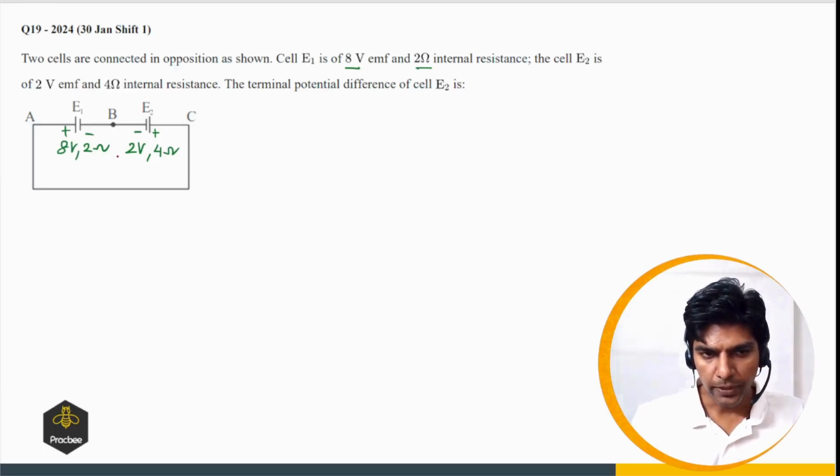Right, so first step would be, let us find the current in the circuit. So let us assume the direction of the current. Let us say I is the direction of the current. So if you apply KVL in anti-clockwise direction,